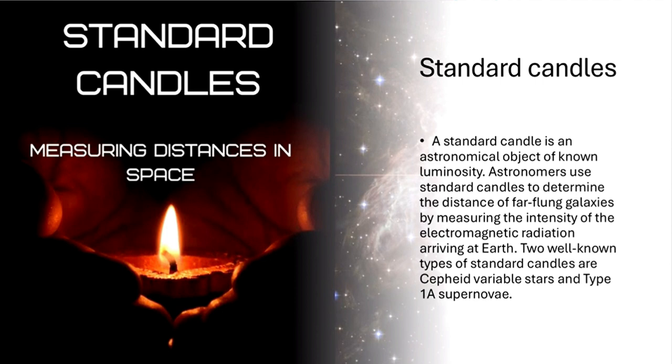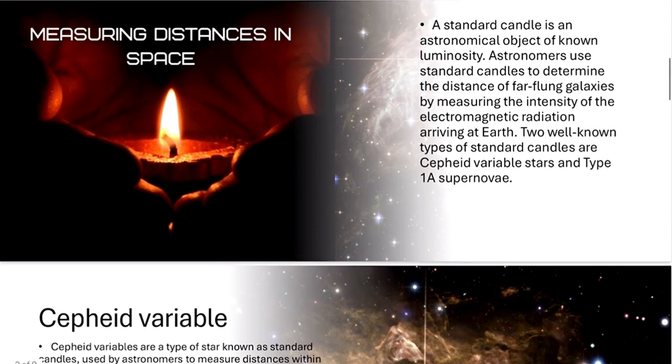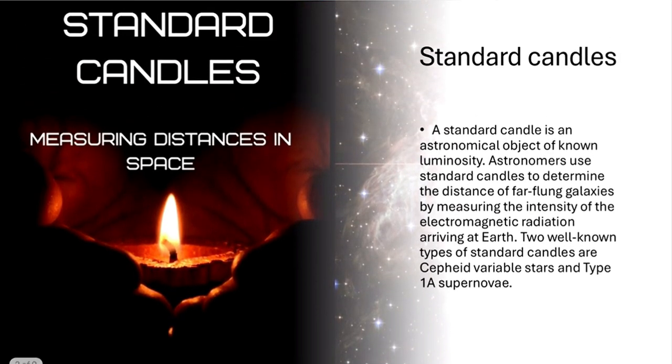Standard candles are classified in two types. The first type, so let's first specify the definition of a standard candle. A standard candle is an astronomical object of known luminosity so that this can serve, as I said, in measuring the distance separating a star in a very far galaxy from Earth,